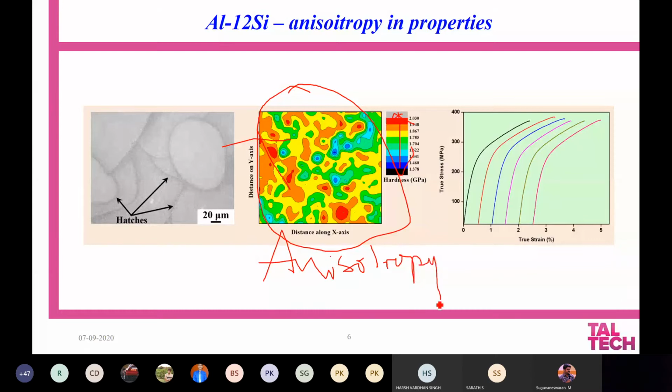The hardness does not remain uniform throughout the surface of the material. So if the hardness is not uniform, it varies according to the microstructure. But when you check the tensile properties, we have measured several tensile specimens. Every specimen has very similar yield strength, very similar ultimate strength, and ductility. It means that even though the microstructure shows anisotropy, and the mechanical properties at local scale also show anisotropy, the bulk properties of the material are going to be rather uniform.